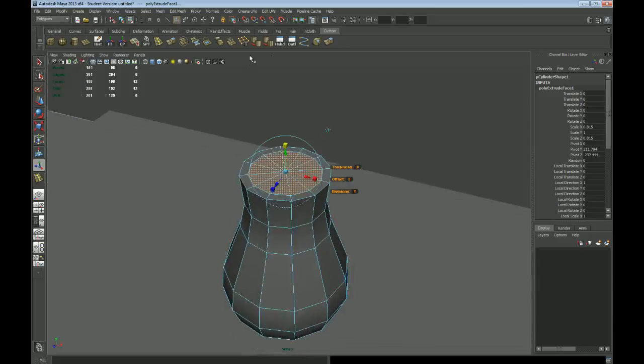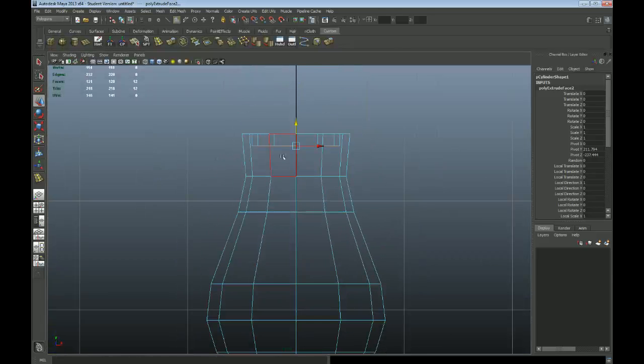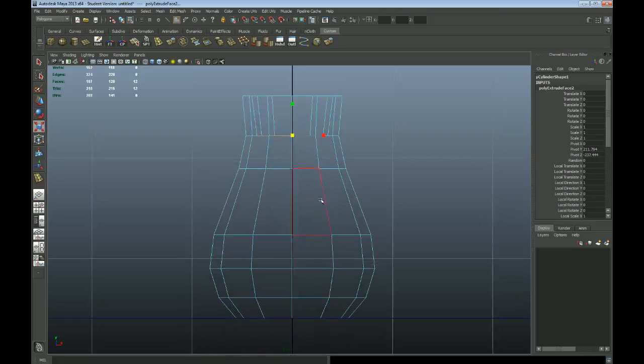I'm going to hit G to redo my extrude again, and then I'm going to hit W to then move that. And what I'm going to do here is start making the inside of this vase. So I'm going to hit G, W to move it down a little bit. It doesn't have to be perfect. Just sort of showing the concept here. So I'm extruding again and moving. G to extrude again. Hit R to scale that in. And let's do